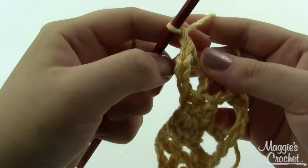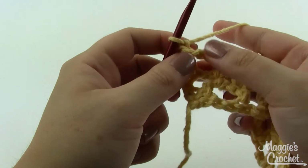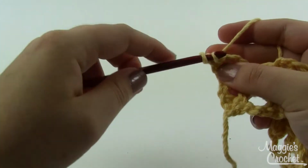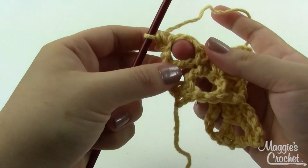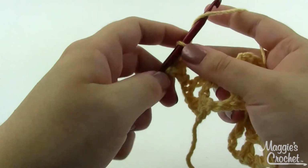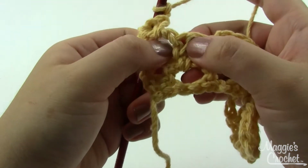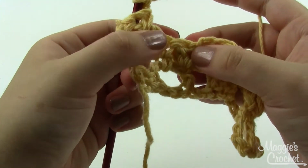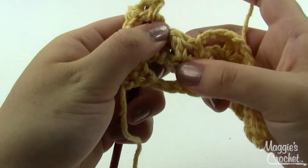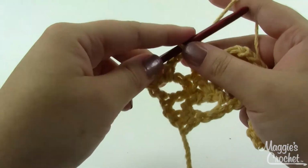Row 4. Row 4 is pretty similar to row 2, except we're kind of offset this time. So when you turn around, we're looking at the back here. Gonna go ahead and single crochet in that first double crochet. Single crochet in the chain 3 space. So again, just go right under that chain, work yourself a single crochet, chain 2, skip the next single crochet, so this first one right here, double crochet in the double crochet, which is right here in the middle, yarn over, go right in the top of there, double crochet, chain 2,